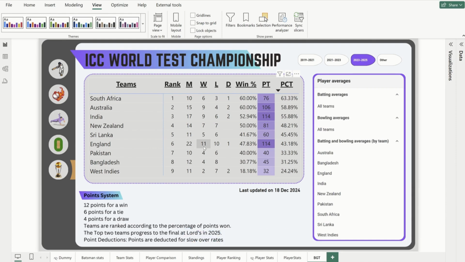As you know, there is an ongoing BGT test series happening between India and Australia. Whatever happens, all the results will impact the World Test Championship standing. As you can see, this table was last updated on 18th December 2024. The number one team as of now is South Africa with a percentage, PCT, of 63.33%. Australia is number two with 58.89. India is number three with